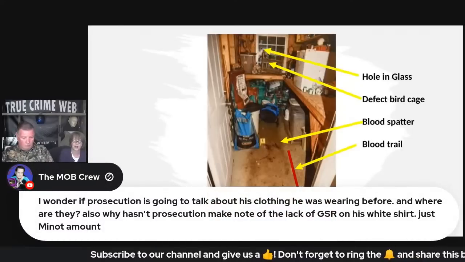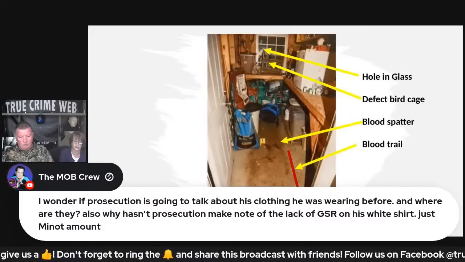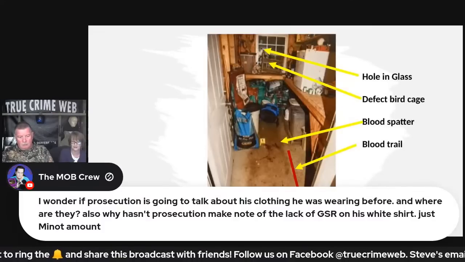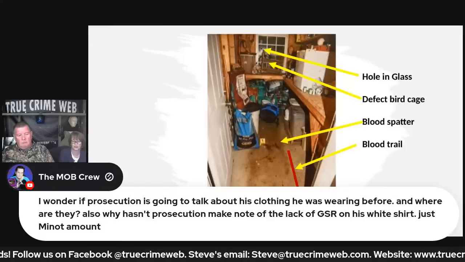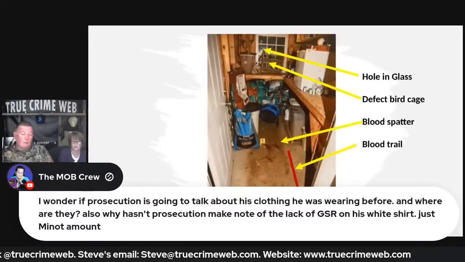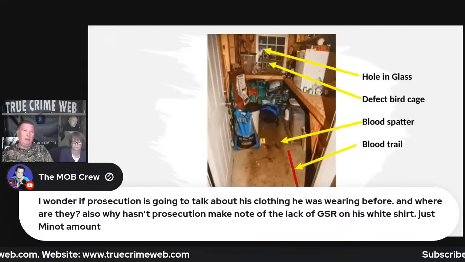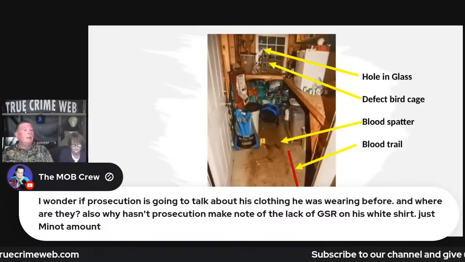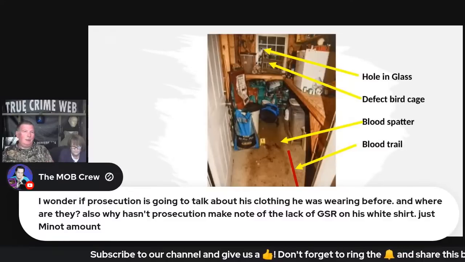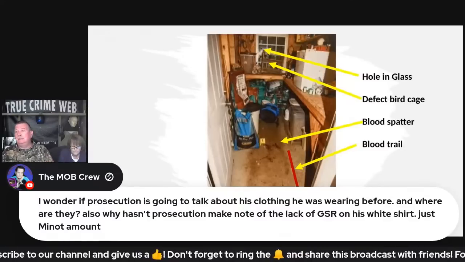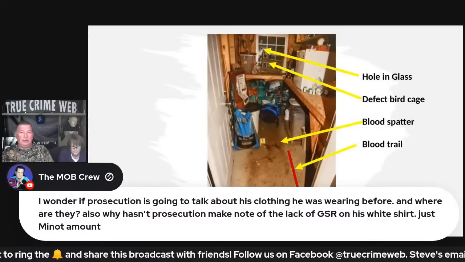And the mob crew. I wonder if prosecution is going to talk about his clothing he was wearing before, and where are they? Also, why hasn't prosecution made note of the lack of GSR on his white shirt? Just a minute amount, I don't know. Will they bring it up, or will they just let the jury's imagination wander about that? If they can find it, and if they don't bring it up, it's because they don't have it. And otherwise, are they just implying that he may have changed clothes and destroyed that clothing? And the lack of GSR on his white shirt,